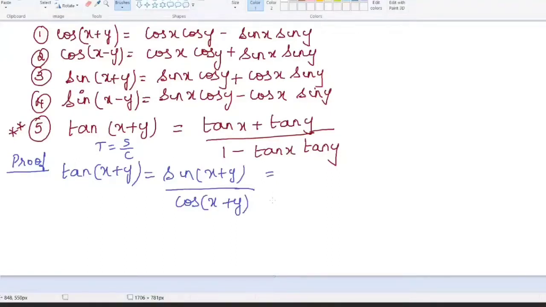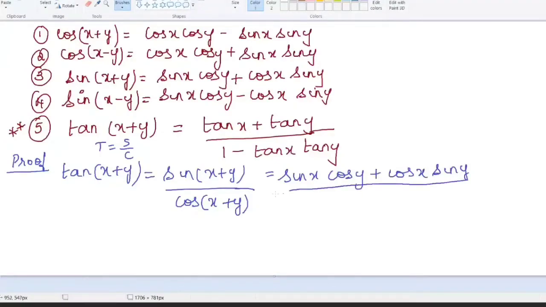Now, I know the sine x plus y formula and I know the cos x plus y formula. Substitute. What is the sine x plus y formula? Remember, in sine x plus y, sine first touches the first person, cos goes to the second person, and then they interchange. So sine of x plus y is sin x cos y plus cos x sin y, over the whole divided by